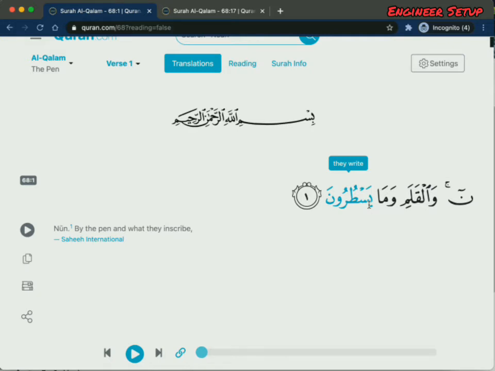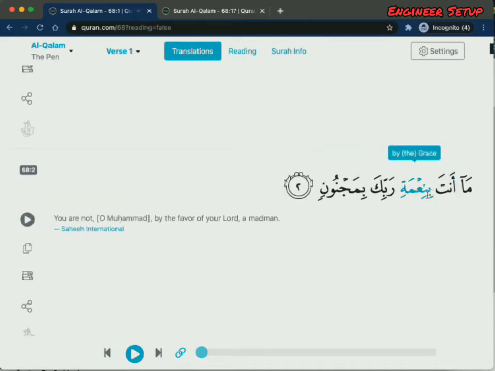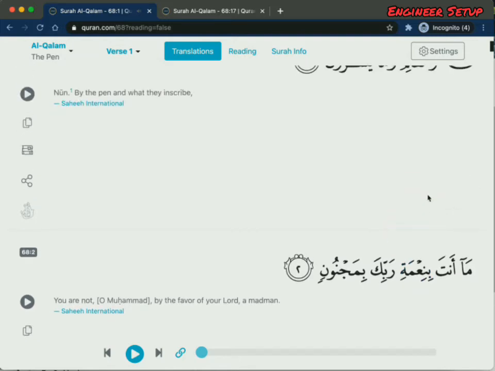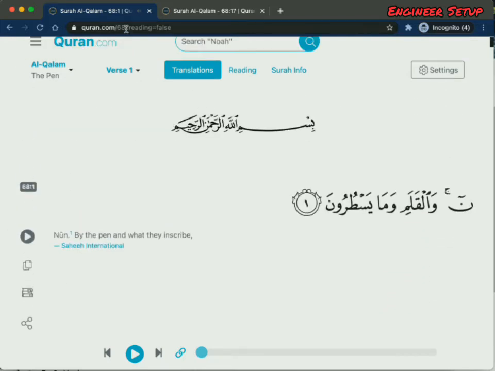And now if I actually click on it, yes, it is reading that for me, which is very good, so I can understand how to read a particular word. وما والقلم. Yeah, so it is very cool. بنعمتي. Yeah, and for example, one more shortcut is if I want to open a particular ayah, or we call in English verse,